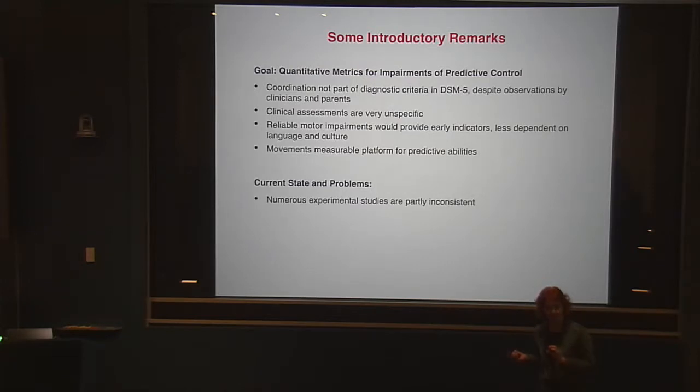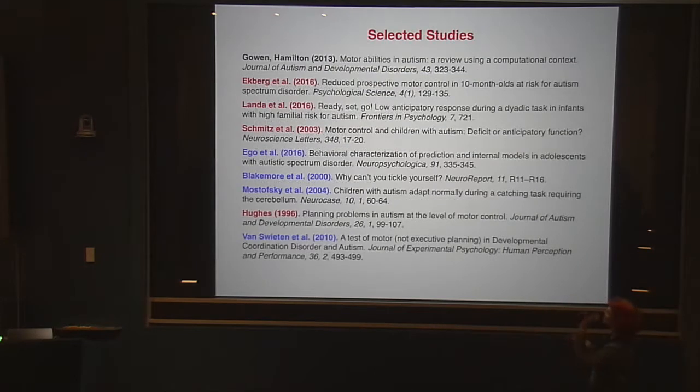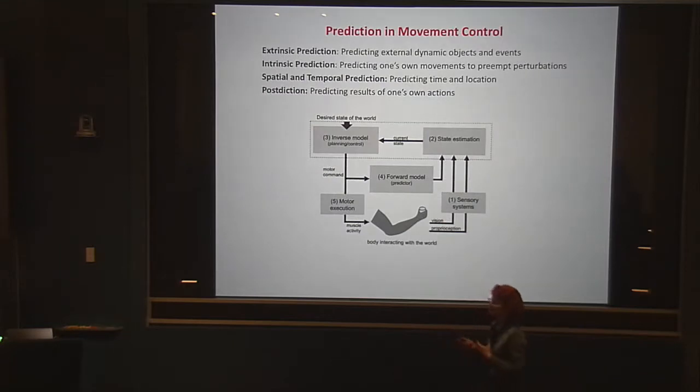And lastly, movement, as Pawan already presented, is a very good test bed for assessing the hypothesis of predictive impairment. There is already a fair number of studies that have looked into prospective control and anticipation, and I just want to quickly flash a list of these. The red ones show evidence in favor of predictive impairment, and the blue ones show evidence against it, or rather no evidence in favor. So the literature is mixed, but prediction has been in the discussion in motor behavior.